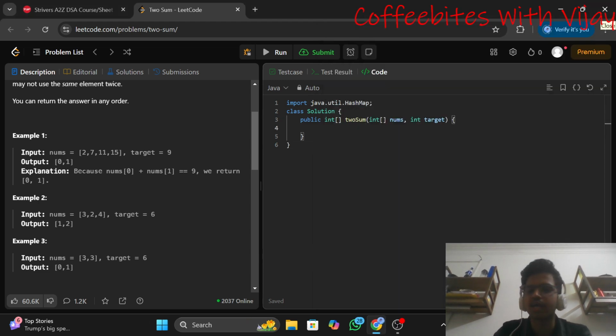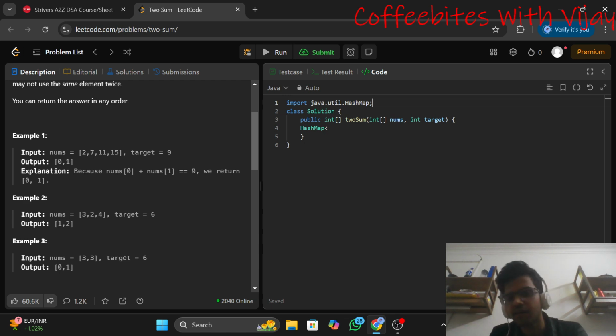Okay, guys, let's start coding. Let's implement the problem. First I'll create the hash map. Remember, I am using this hash map from the java.util.HashMap collection. You have to write this first statement in order to use the hash map collection, or else you can use java.util.star, or specify the collection name, that is HashMap.